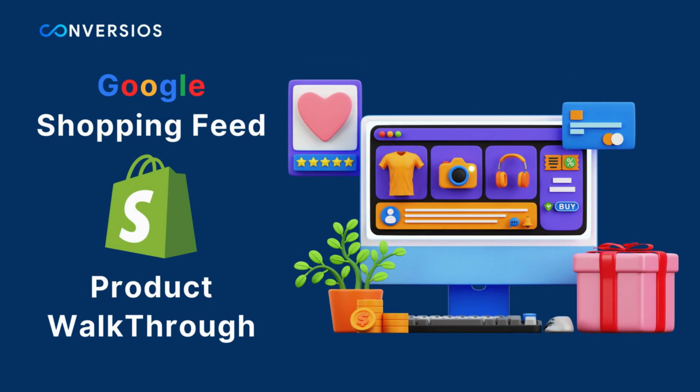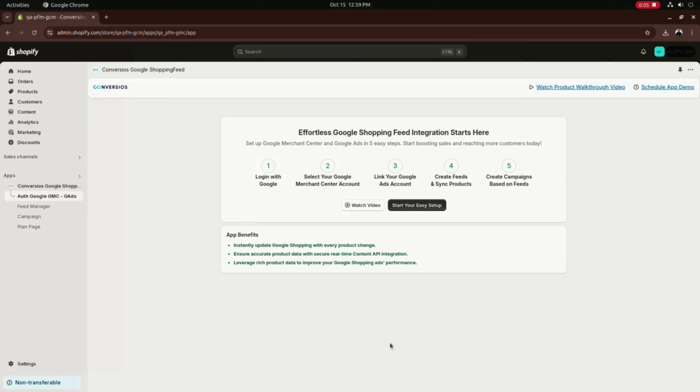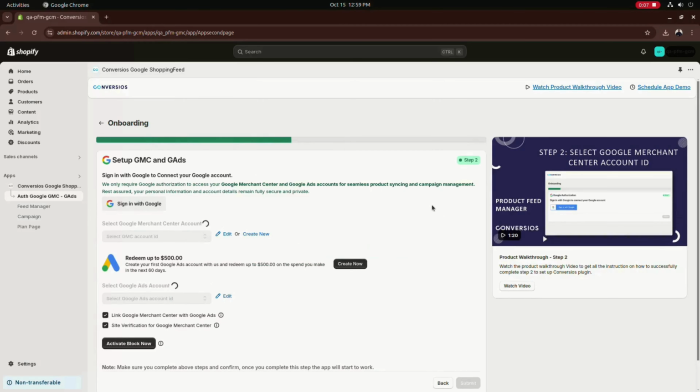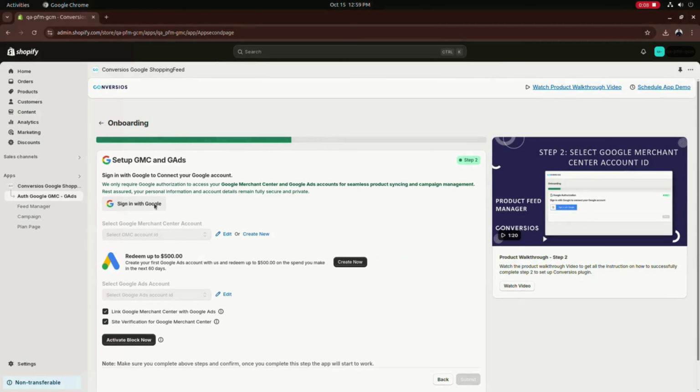Let's see how we can quickly set up the Google Shopping Feed app for your Shopify web store. Once you install the app, you'll be redirected to the setup page. Click on Start Your Easy Setup to start the configuration. As the first step of configuration, you have to click on the Sign In with Google button, and you will